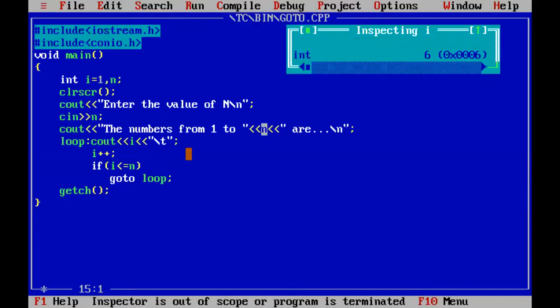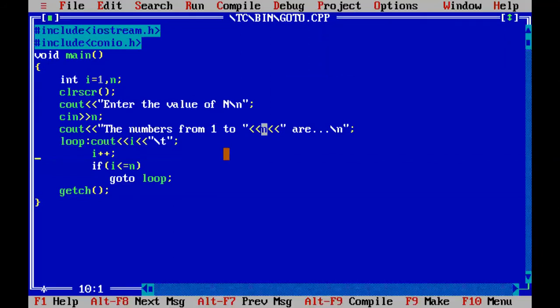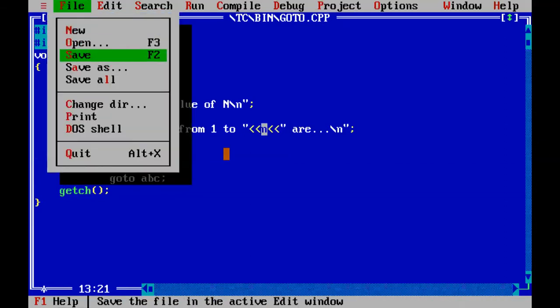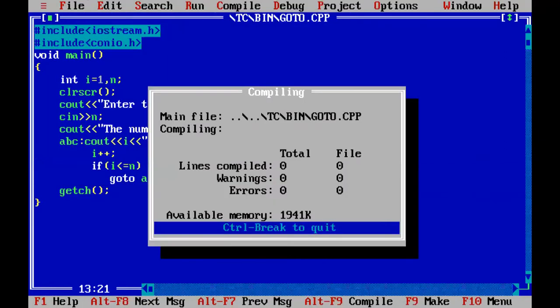See, one thing I have said while I'm explaining. Because it is acting like a loop, I have used the word loop. You can change it to anything. Like if I change it to ABC here, in this statement also you change to ABC, just one identifier. So this also works. So we will test it. See, it will not show any error.